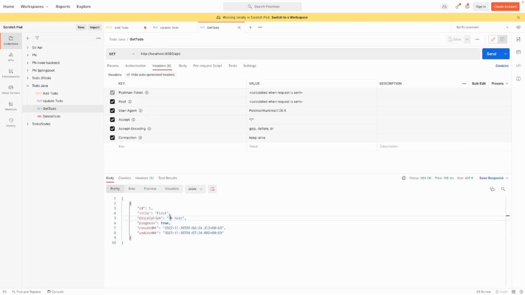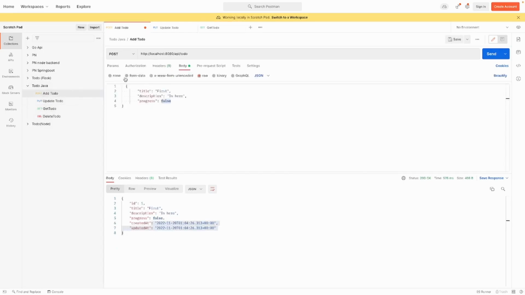in the database. So in this case, we only had one item, which is first, and in here for the title and the description, and we see that the progress is actually showing up as true, as expected. So it looks like the information that we created before is what's being sent back. And there's only one to-do item in the server or in the database, so that's the only thing that's being returned. But if I create a new one really quick, let's put a second